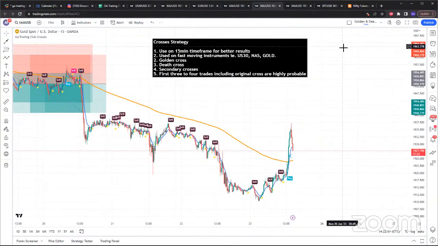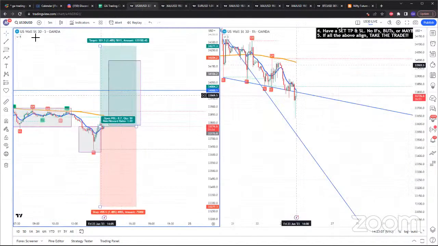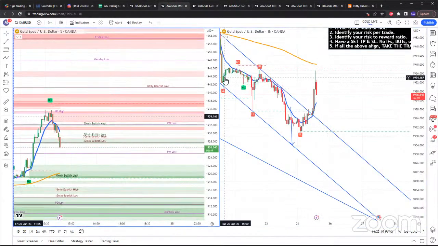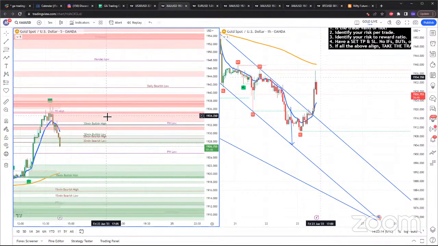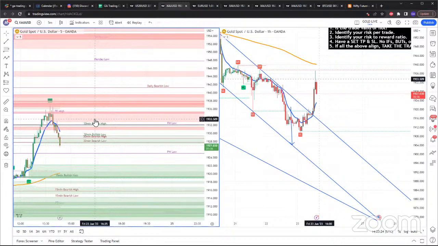So you get the breakout scanner giving you a red flag on your buy using the golden cross. And then you say, okay, that's just one red flag. What else do I have? I have the markups. What are your markups telling you? The markups told us that we had 2 hourly bullish and bearish zones. So those two cross out. The markups also told us we had 2 4-hour bullish and bearish zones. Those two cross out, right?